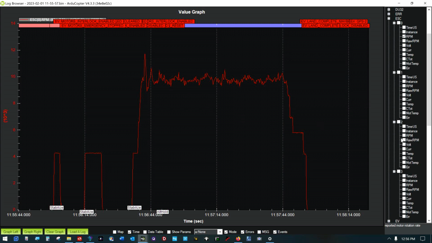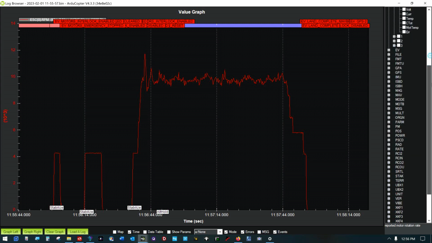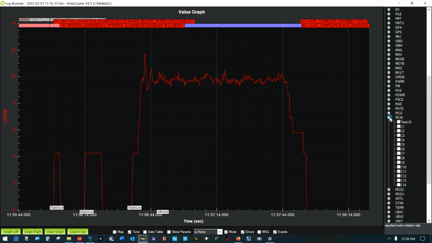Let's see if I can add to this real quick, just for kicks. If any of you are really interested in what went on, this is my throttle, what I was doing with the throttle, RC. Okay, what is this one? RC. Huh. Oh well. Like I said, here's where I raised the throttle to take it up, and then I was